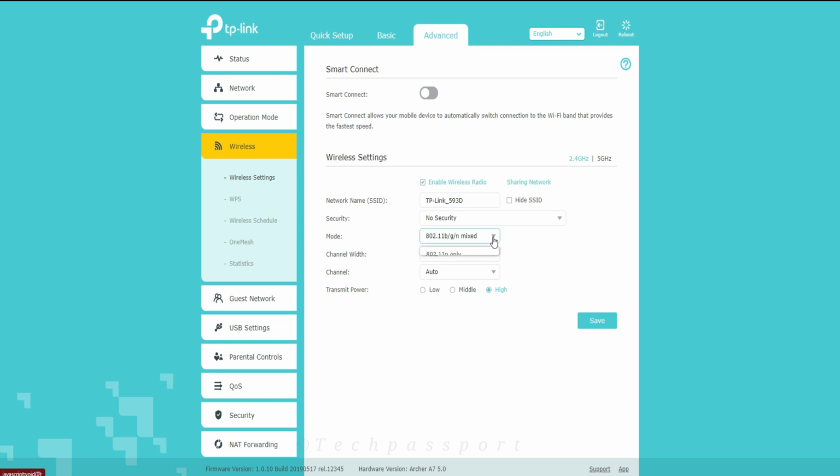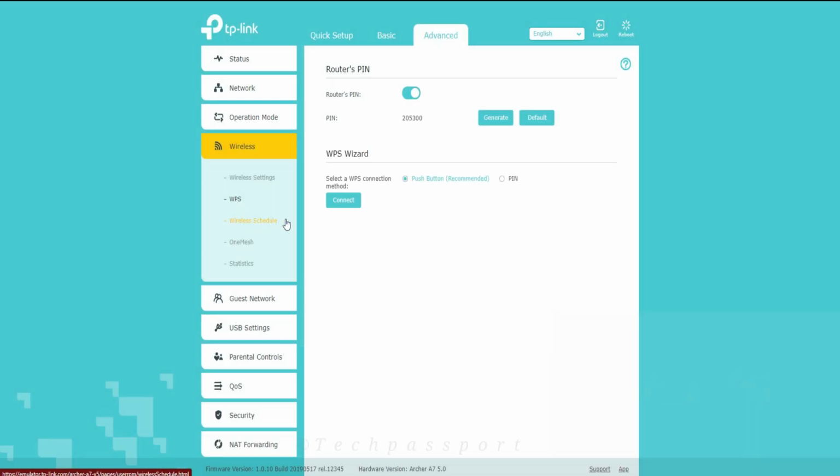Then you can see the mode also, 802.11 BGN, GN or N only, and you can choose the channel width manually. Also you can change the channel here, same as it is in the 5G mode. You can change everything. In this case, keep WPS mode always off, because if you turn it on, then someone outside can hack your router through WPS. So I recommend keeping this PIN access off, so I'm clicking it off.